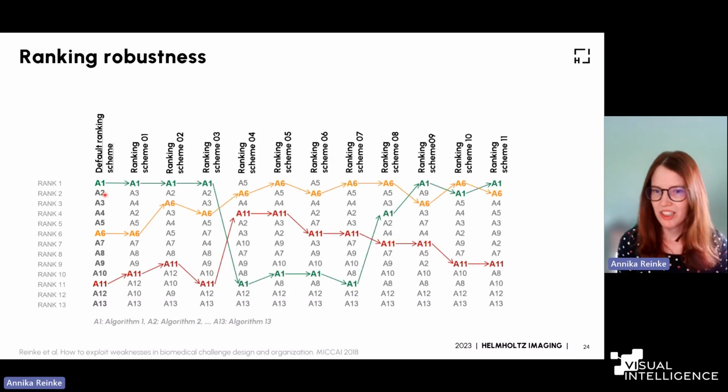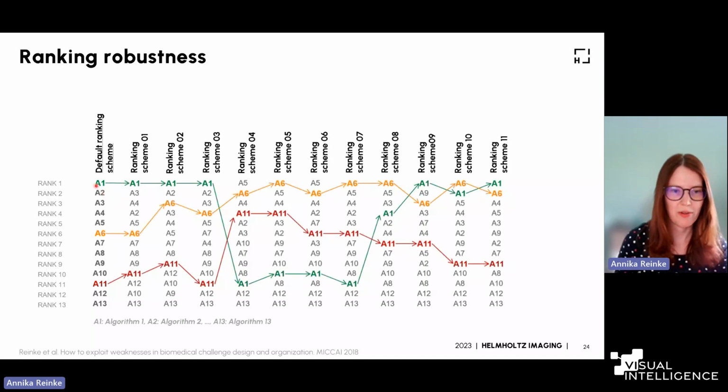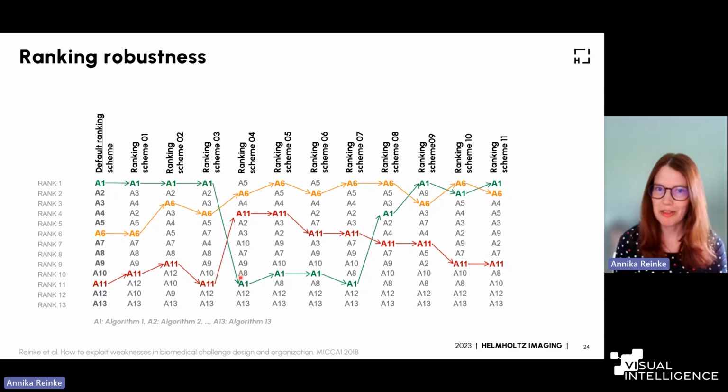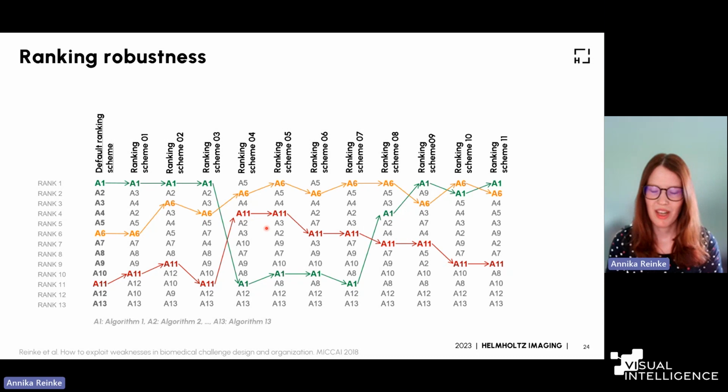And yes, we definitely do. So you see if we follow the winner, it's quite stable among the first 4 ranking schemes, but then it suddenly drops down to rank 11. And I think this is a really dramatic change. So it's somehow one of the really bad algorithms. Algorithm 6, somewhere in the middle, is now at the top, and also algorithm 11, which was very bad at the beginning, is now somewhat among the top algorithms. So definitely we need to do something about this. We need to somehow incorporate this. And we thought about how could we solve this.